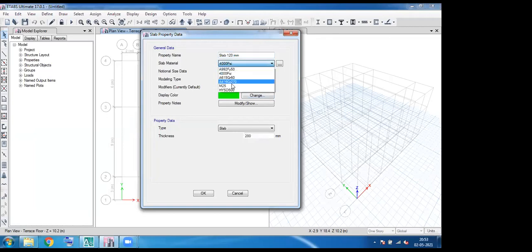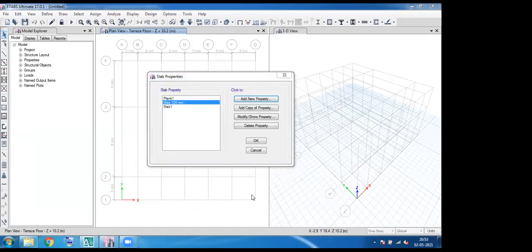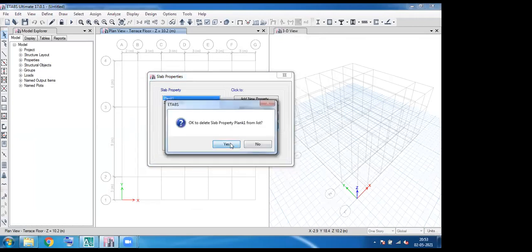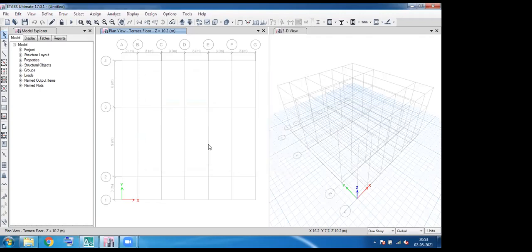Slab material is M25. And at the bottom, the thickness should be 120. Okay, give OK. So I'm deleting the unwanted data by choosing delete property and give OK.